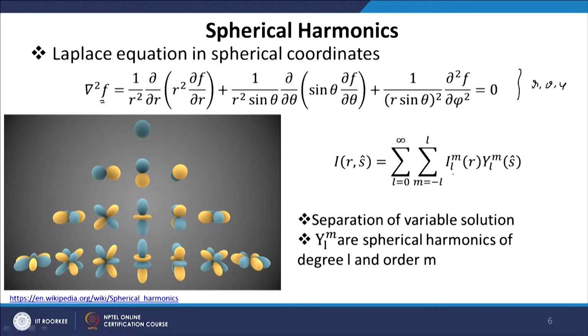So, using the method of separation of variables, we can solve this equation in spherical coordinates. We will have a term that will be purely dependent on r by the method of separation of variables, and one term which will be purely dependent on direction. Now, direction contains both theta and phi. So, we have what we call the method of separation of variables solution for this type of problem. Now, the second term that depends on direction is called the spherical harmonics. So, this term is basically the spherical harmonics,